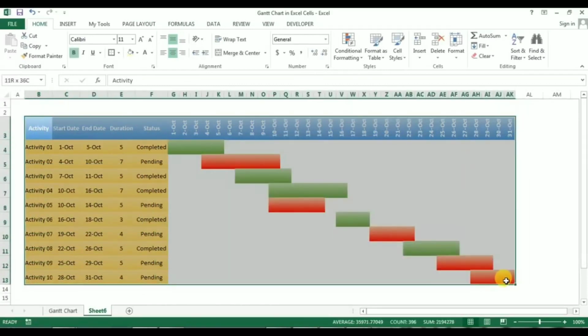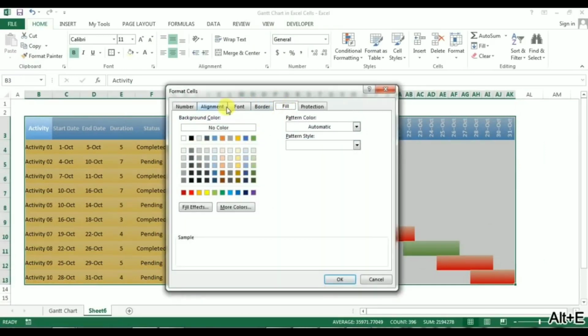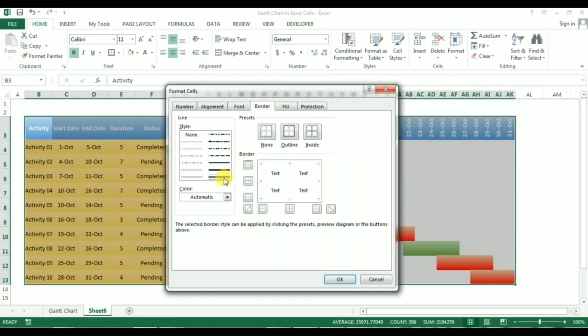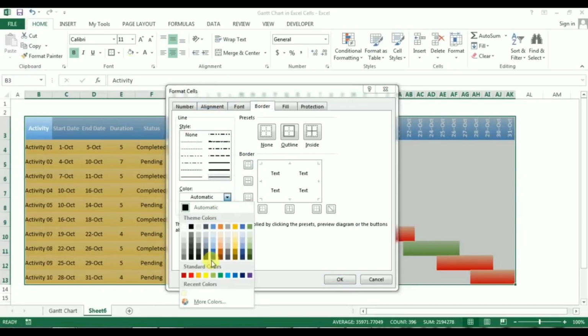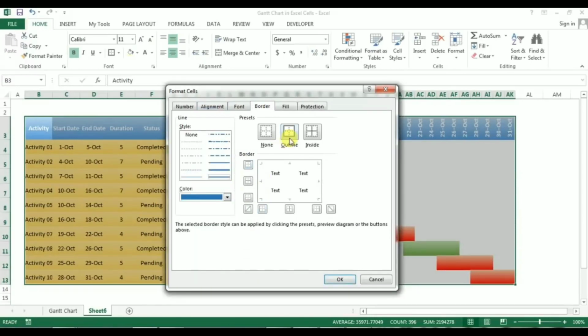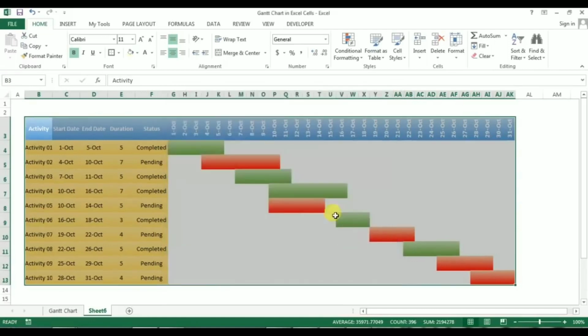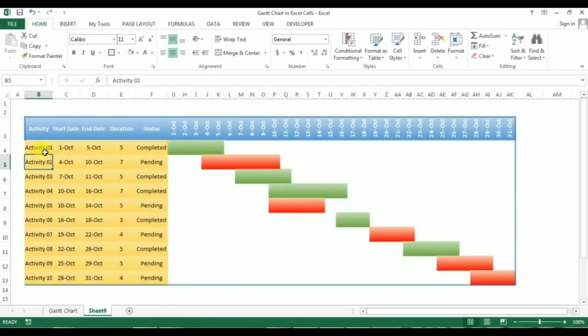So now we'll give the border for this. Press Alt OE, go to the Border, and we can take this border. You can change the color of the border to any other color if you want, and click on this outline. Okay, so